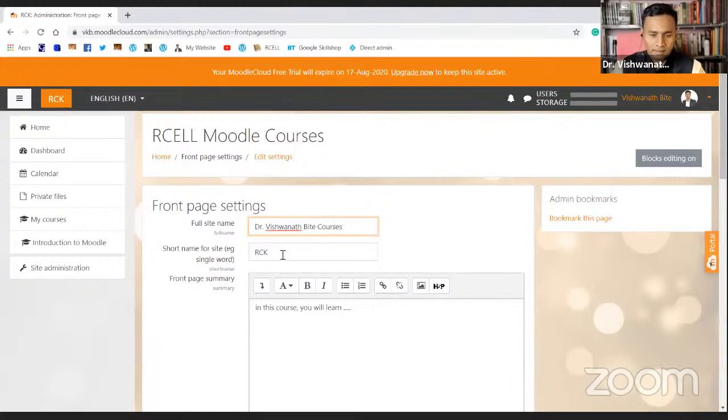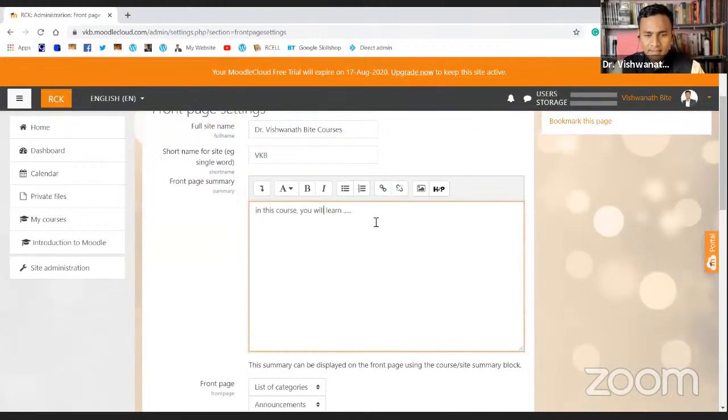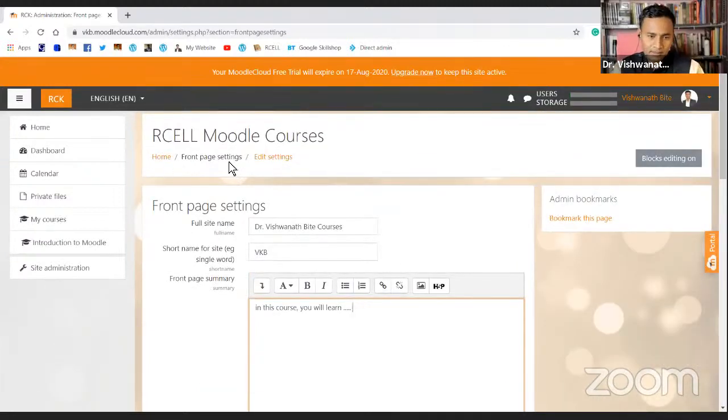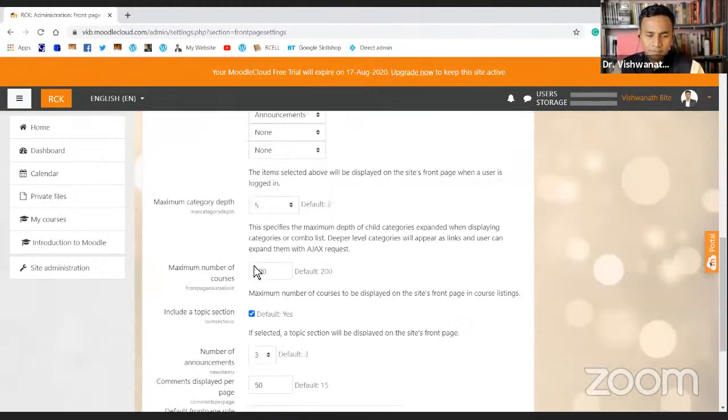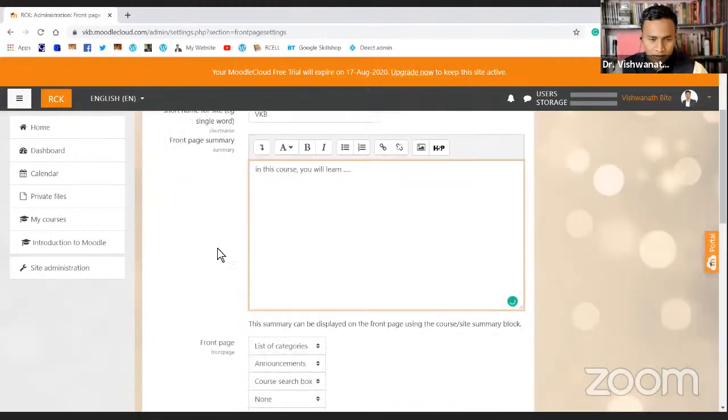And if I want to even change this title, the short name of the site, I can change that. And if there is any kind of description that needs to be changed, you can do that. So how your site will look when you visit, right now you can see this is how it looks. And I can choose different options or a variety of other options.